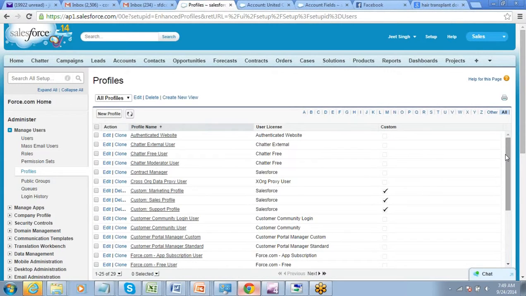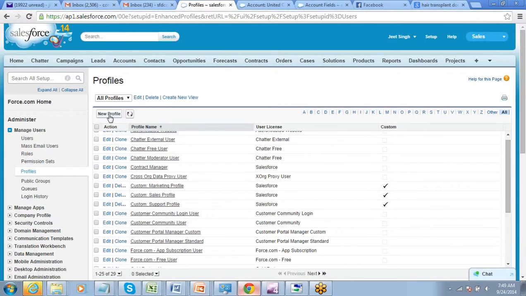However, if you have a requirement, if you think that your requirement cannot be met by these standard profiles, you always have the scope to create a custom profile. So you can always go ahead and create a custom profile. Fine. So you can always click on new profile. But this new profile creating option is available only on a few editions. That is what we just talked about, right? So that's about our profile thing. Are we clear on this? That standard profile, custom profile.